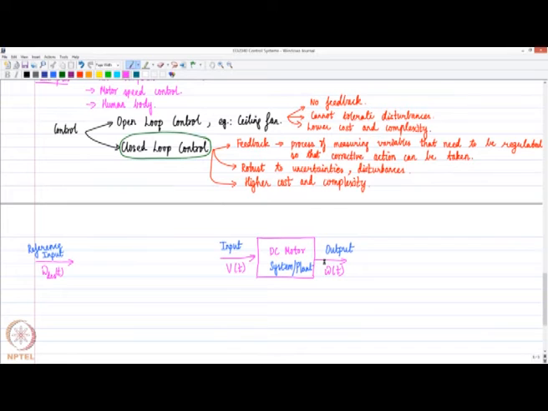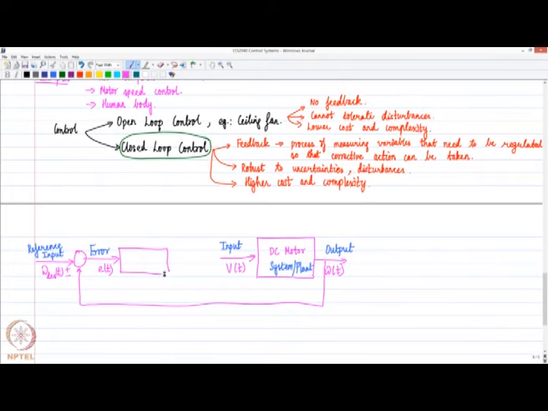So, suppose if I measure the actual output, then what I do is that I go and compare, then I take the difference between what I desired and what I measure, which is what is called as an error, and then